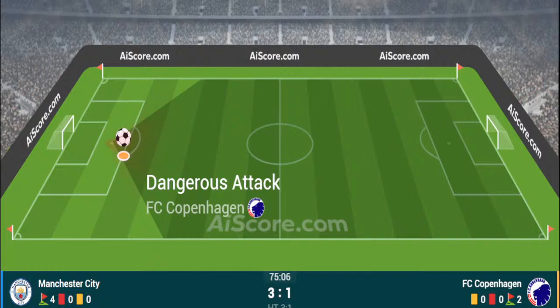Good change for Guardiola's men. 1-1 Real Madrid. Perhaps it 3-1 here. 6-2. No goals in the second half so far. Copenhagen, they've thrown all their wild cards onto the pitch to try and get some more goals against the European champions. Why not? Nothing to lose